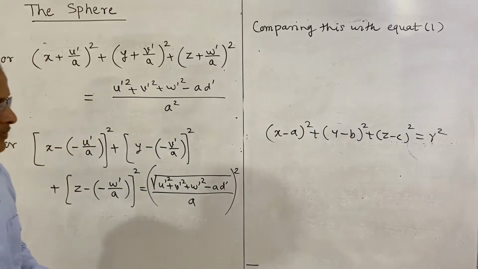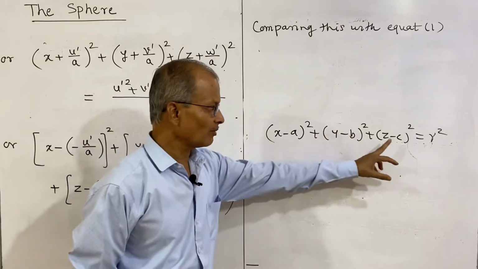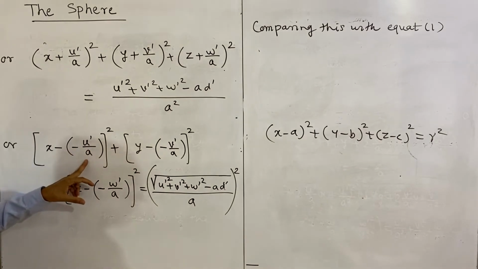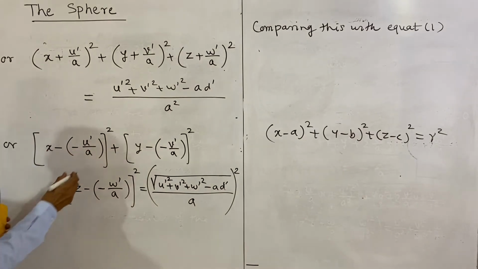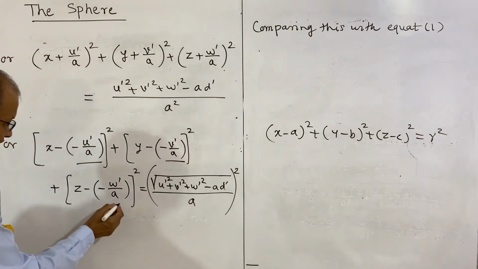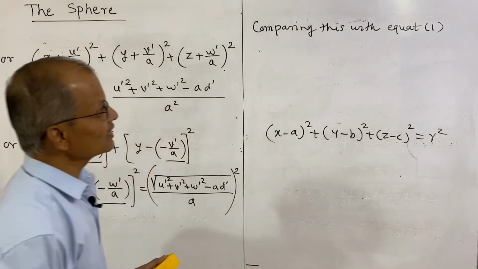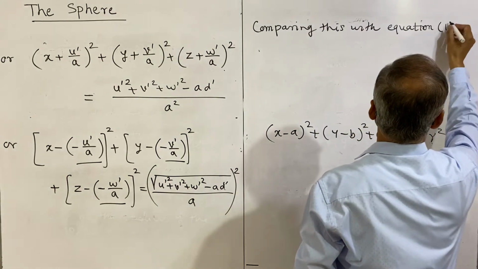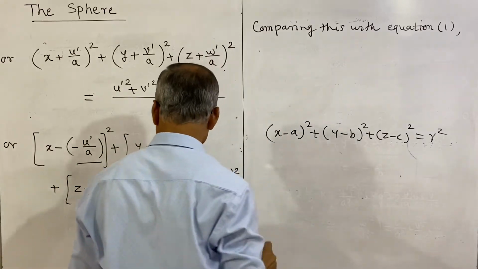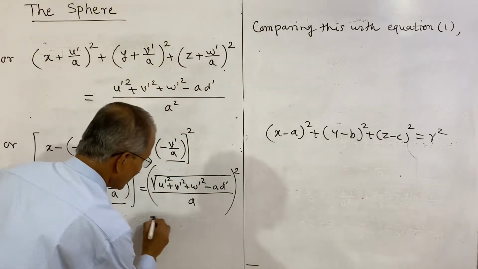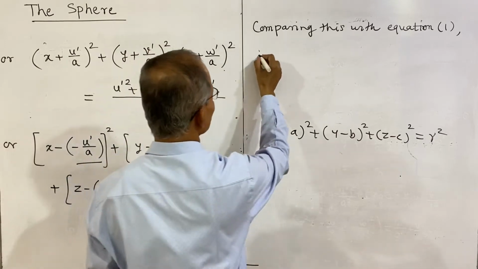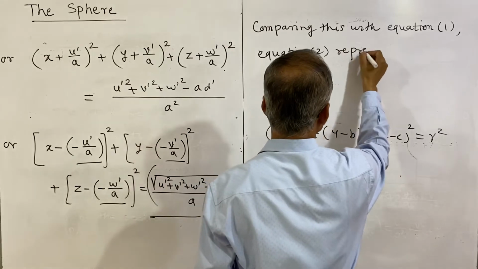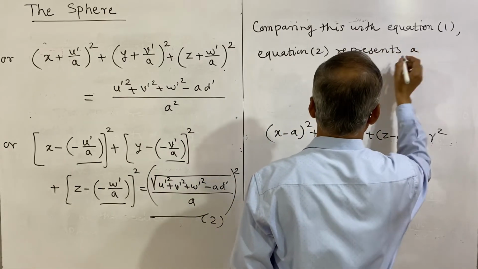Now what is the value of a? Here the center is a comma b comma c, and what are these values here? a is minus u prime divided by a, this is x minus a, this value is a, this value is b, and this value is c. And therefore comparing this with equation 1, we get that the last equation, equation 2, represents a sphere